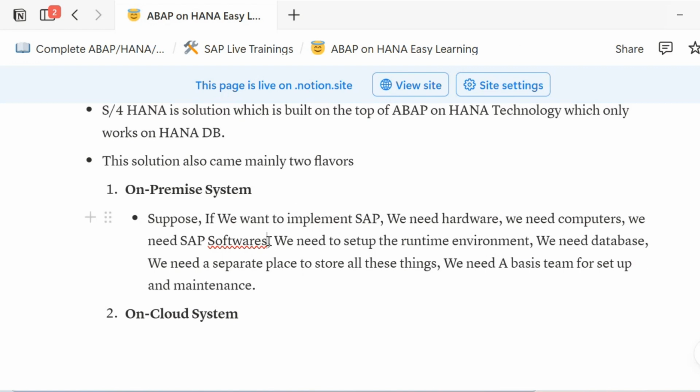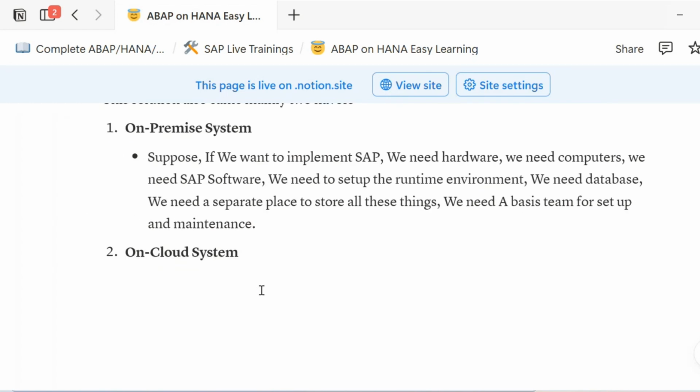We need a basis team for the initial setup and maintenance. So on-premise requires an initial investment